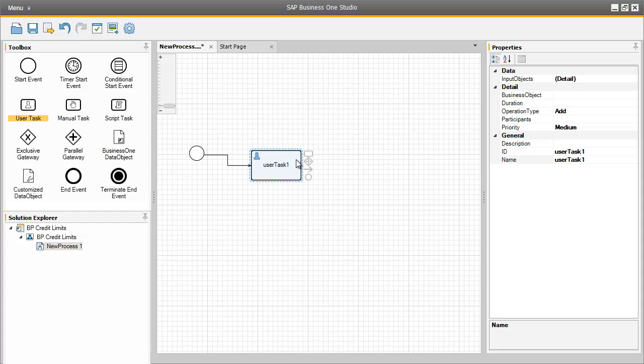The first user task in this workflow process is to add a business partner to the system. So let's now assign some properties to this user task. We are first going to begin by assigning a business object to the user task. There are no input objects for this particular user task, but there is a business object that we need to assign. By clicking on the drop-down arrow,